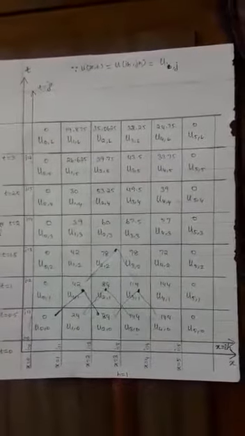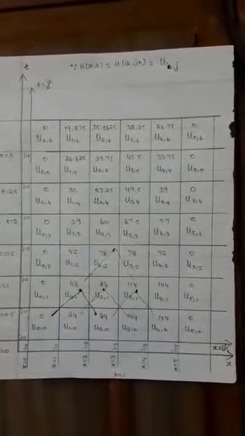Again, for example, u2 comma 2 means u1 comma 1 on the left side and u3 comma 1 on the right side, divided by 2. That is 42 plus 114 divided by 2, which is 78. The remaining values of u are calculated like this. So, the first column represents the first boundary condition, the last column represents the last boundary condition, and the first row represents the initial condition. The remaining values of u are calculated using the Bender-Schmidt recurrence relation. Thank you.